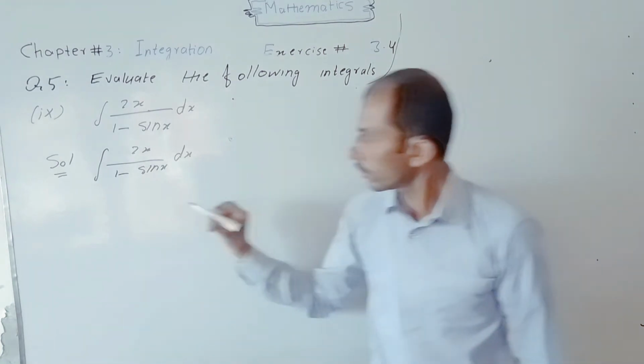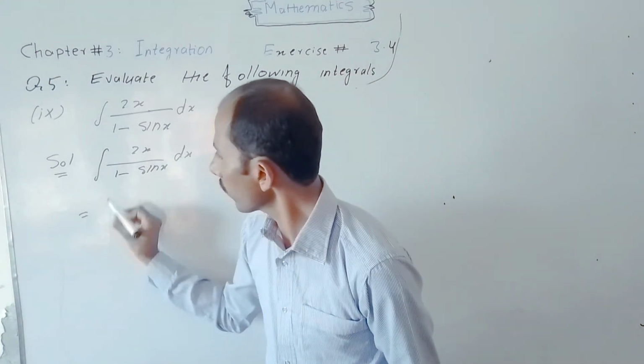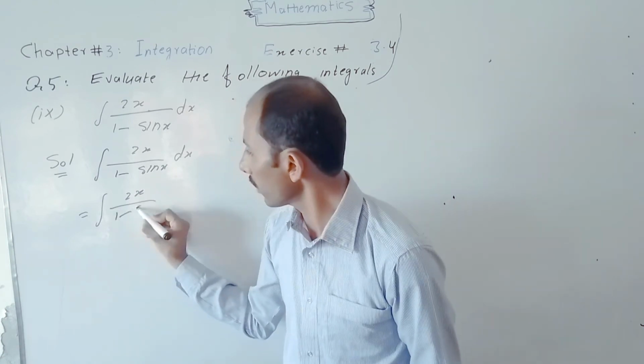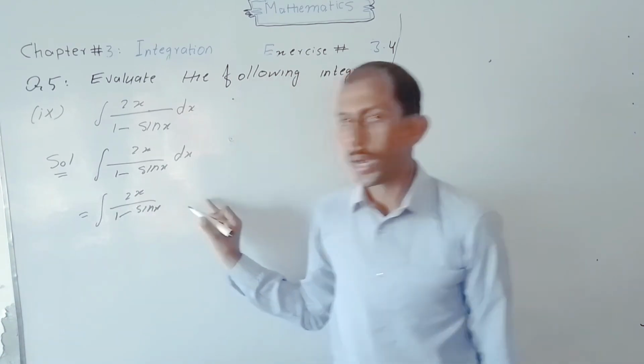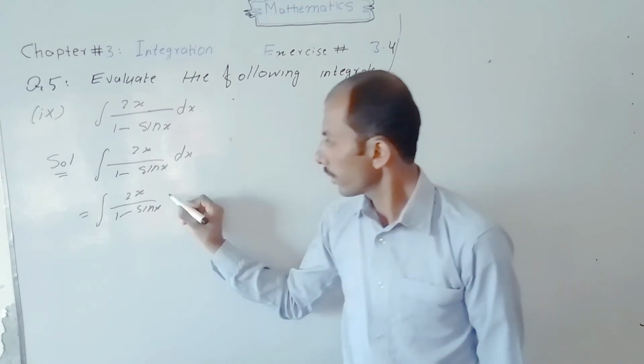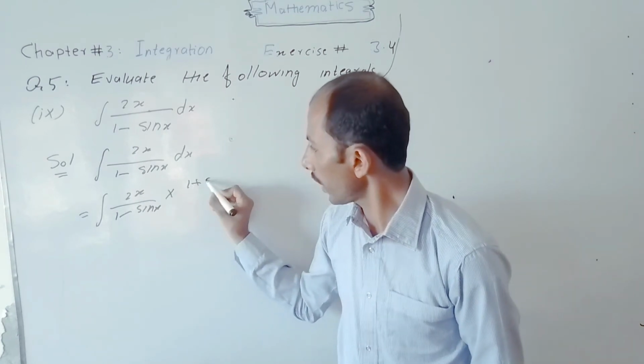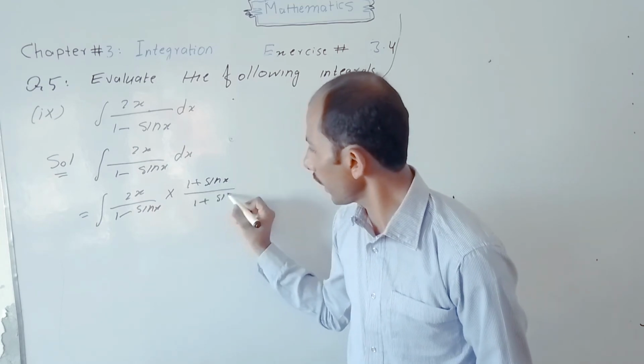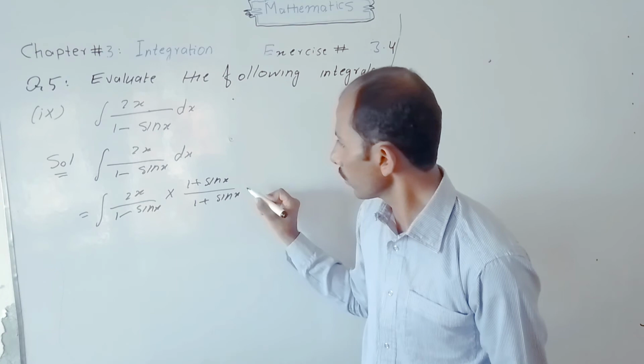So next, which is equal to integral 2x divided by 1 minus sine x, by rationalization, multiply and divide by 1 plus sine x, into dx,